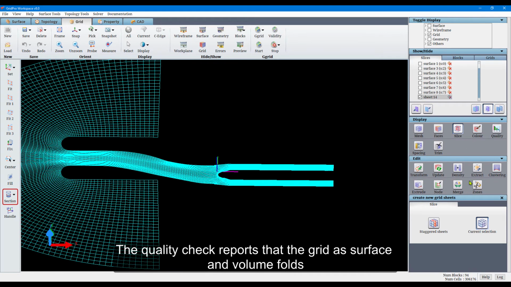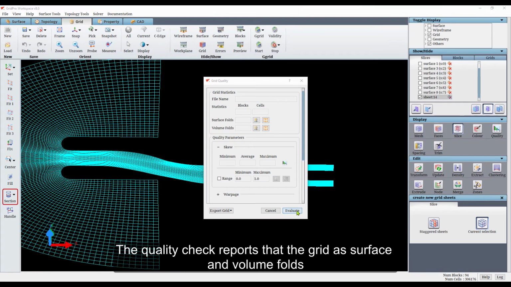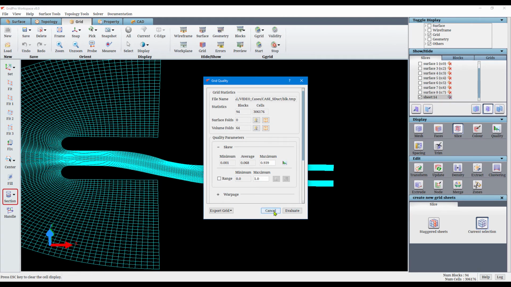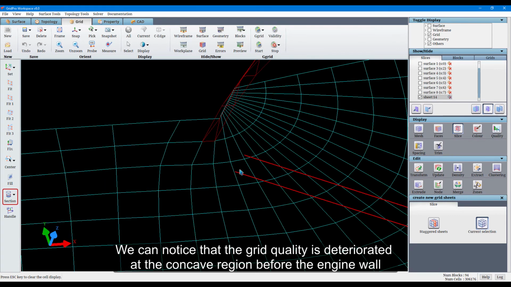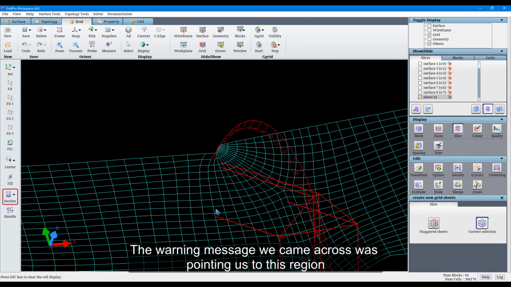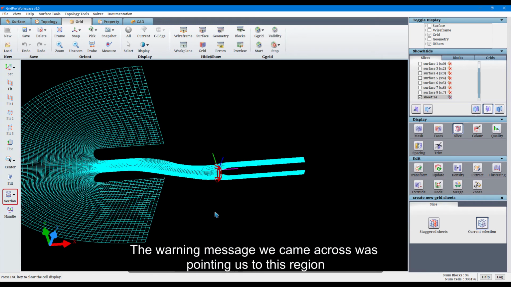The quality check reports that the grid has surface and volume folds. We can notice that the grid quality is deteriorated at the concave region before the engine wall. The warning message we came across was pointing us to this region.